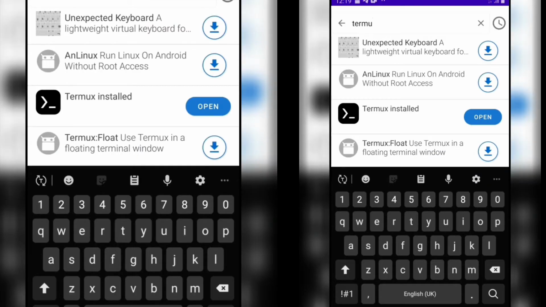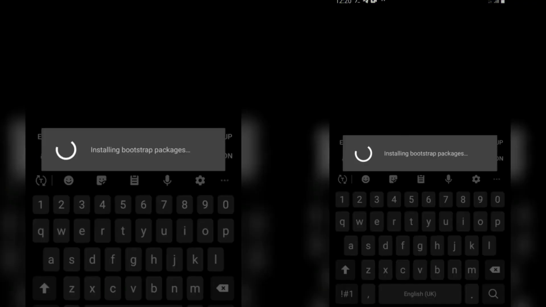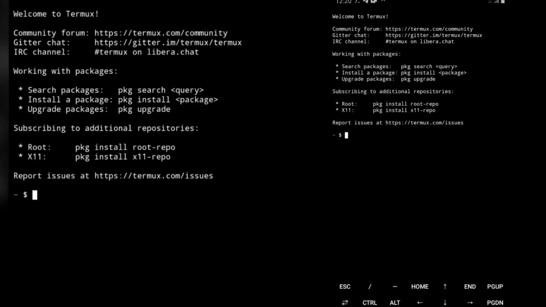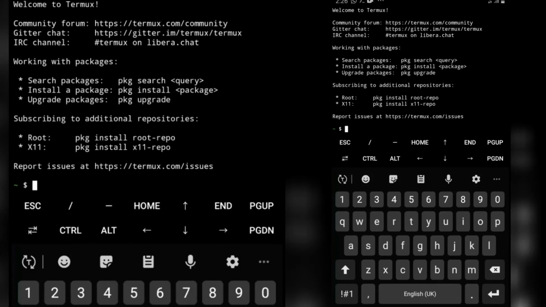So it's done installing. So we're going to open it up. You have installed Termux on your phone. This is how you can install Termux on your phone. After installing Termux, there's some few things you need to do. Number one, you have to grant it access to your storage so that you are able to access files and